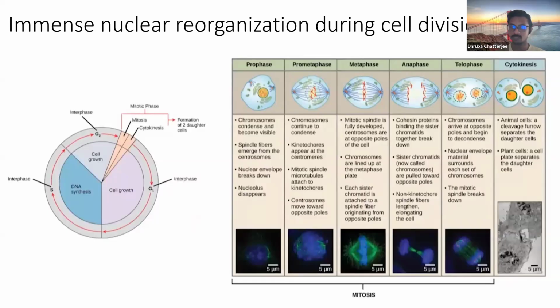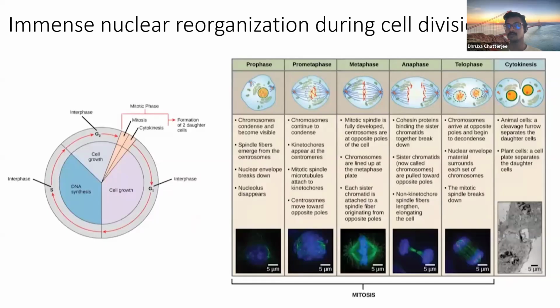Along with this condensation of chromatin, you see segregation of the duplicated centrosomes to the two opposite poles of the cells, and establishing proper connection between the centromeres of the chromosomes and the spindle fibers to eventually organize these homologous chromosomes in the center of the cell during metaphase, which is followed by the segregation of the sister chromatids from each chromosome, which harbors a pair of sister chromatids, in anaphase,